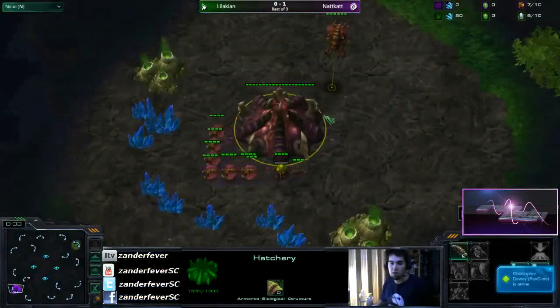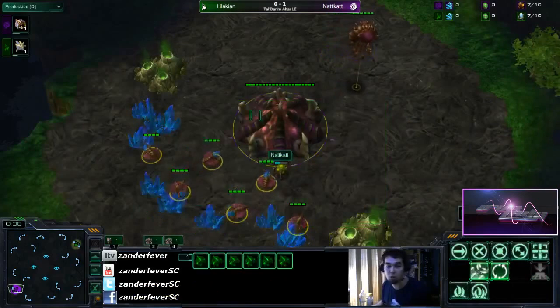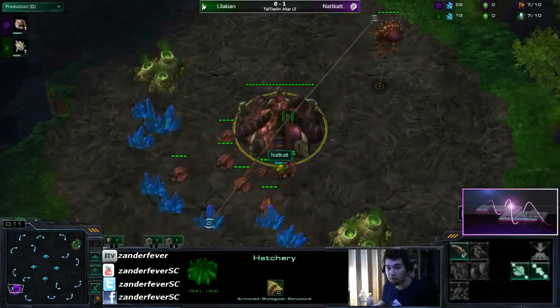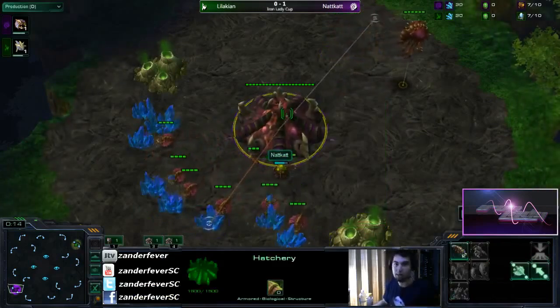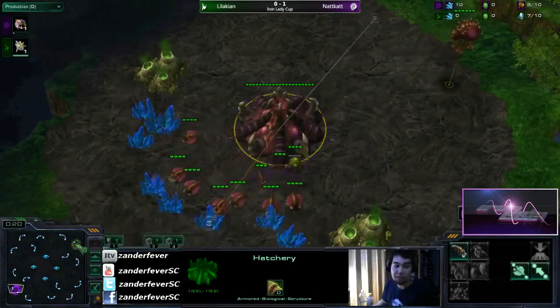Welcome everybody, we are entering the next game of the series. Right now we're spawning on top of the person who won the last game in rather solid fashion. We're going to be observing Nattkatt, the purple Zerg in the bottom left, who is going to be happy at the spawn positions,